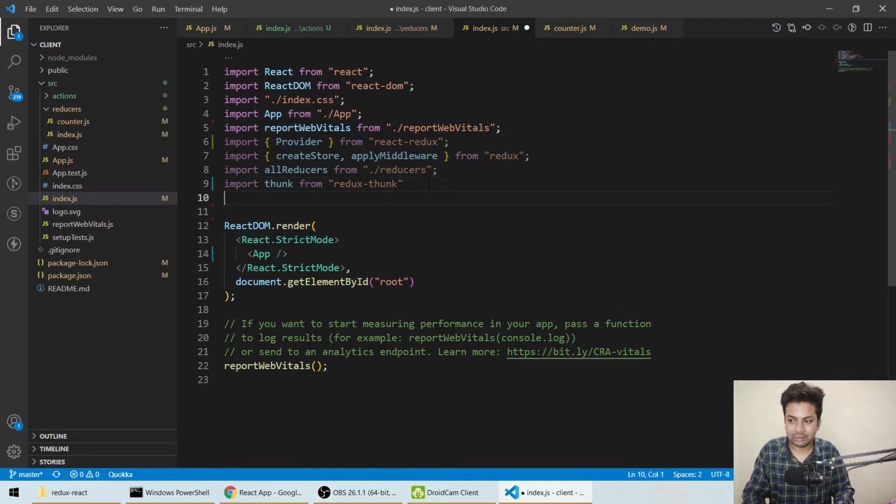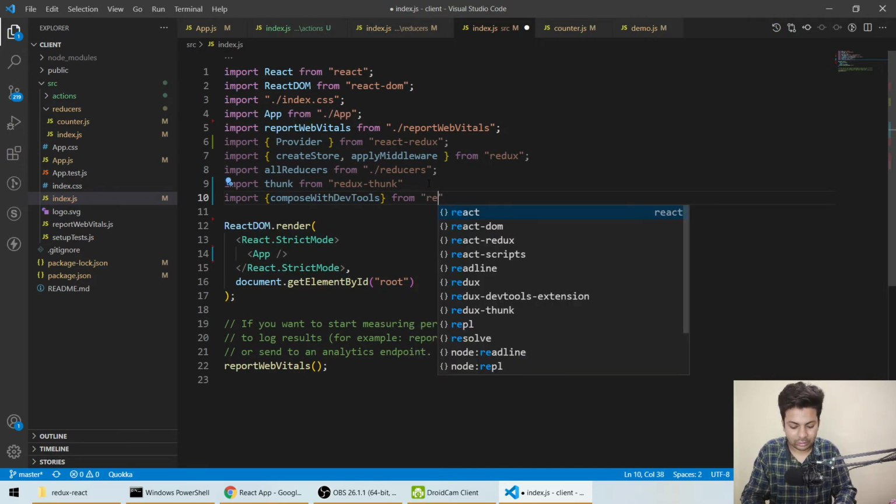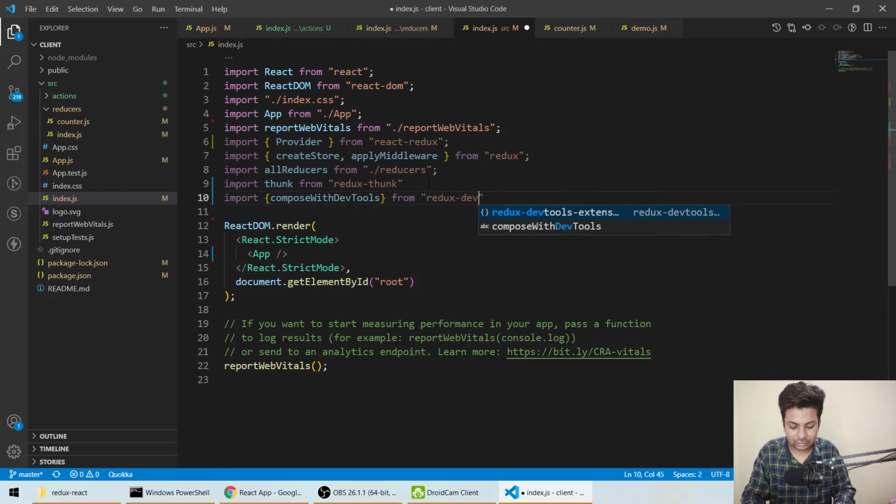And after that we'll import compose with devTools from redux-devtools-extension.